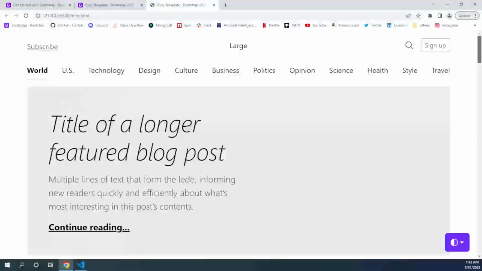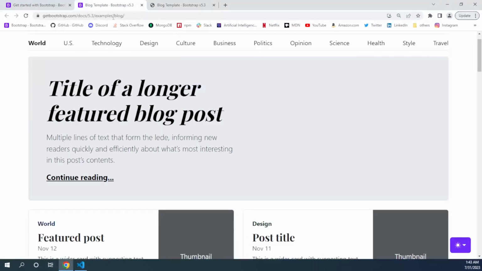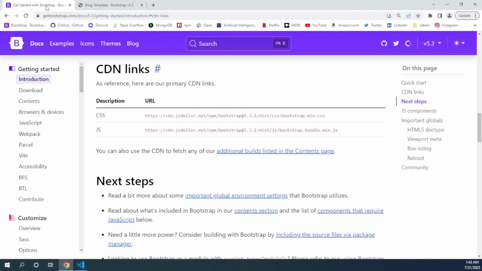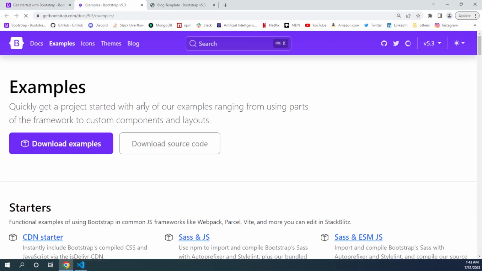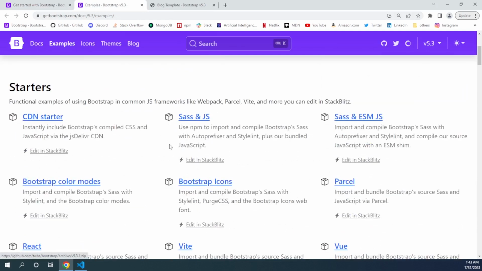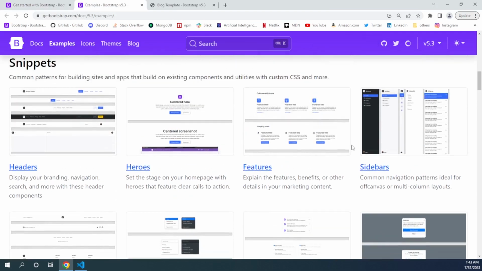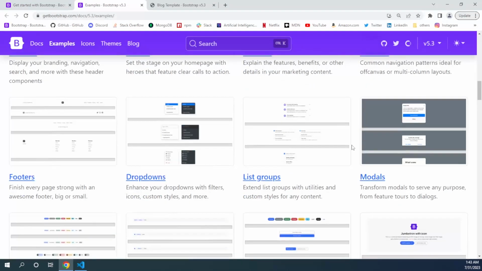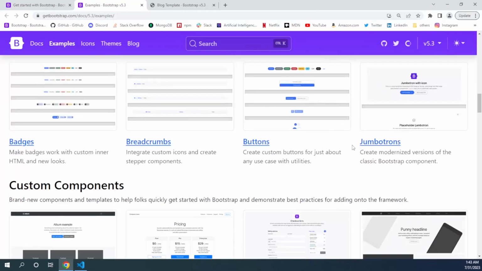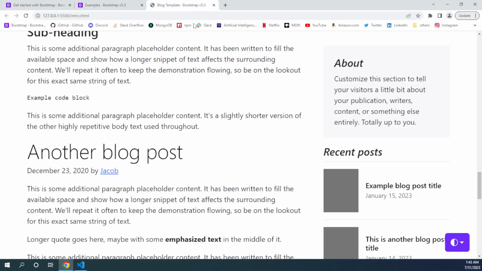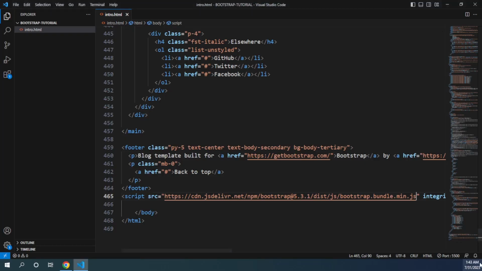That's how you can start with any of these examples. Let's open this in a new tab, and here we have got various templates that you can start your project with. So that was how you can kickstart your project, and let's come back in here, and